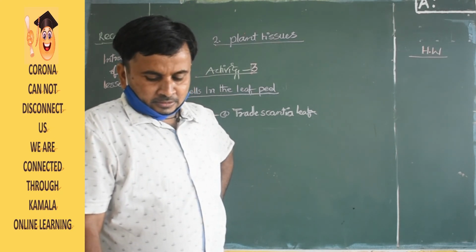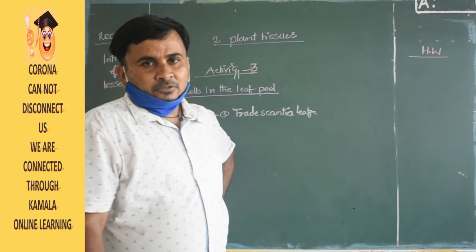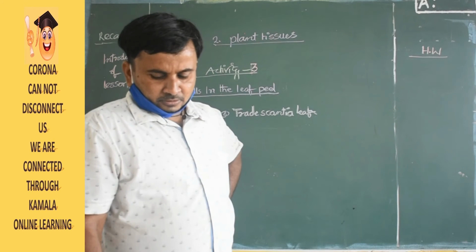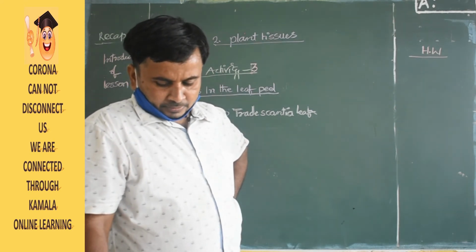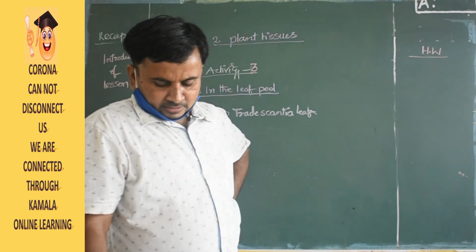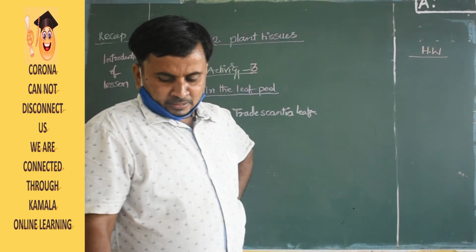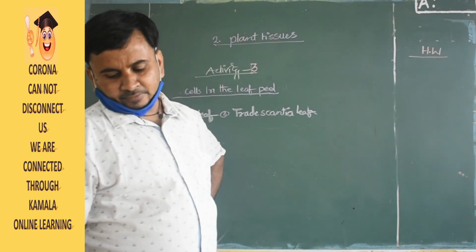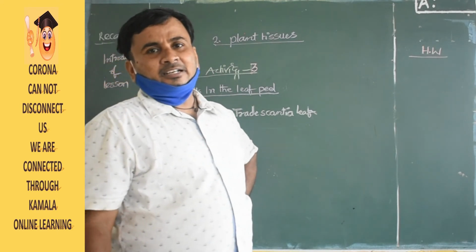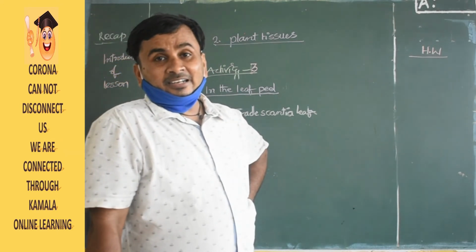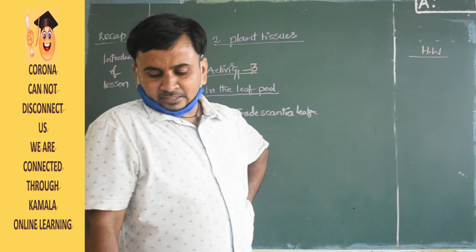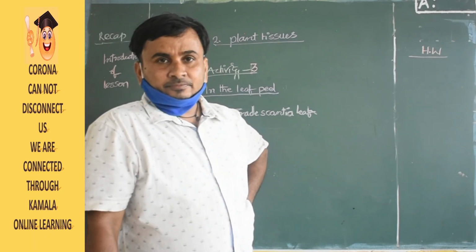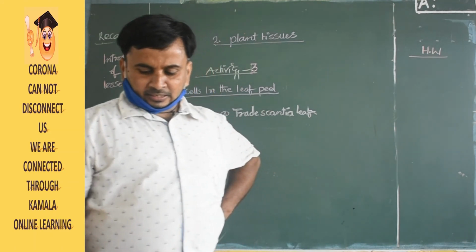In the onion peel cells, you can see a pink color, because they have been stained. That's why you can see the nucleus inside also in pink. In activity 3, you can also see cells in the leaf peel. Cells in the leaf peel are in a greenish color. You can see the greenish color and the central nucleus. In the middle we can see some different cells. You can see the leaf very clearly.